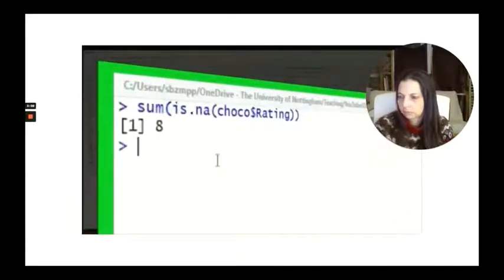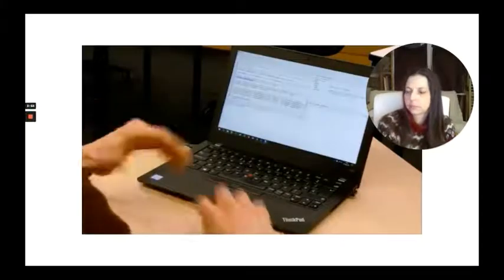So could we do the same thing for rating? If we take the sum of all the NA values in rating, it's 8. Right, so there are 8 chocolate bars for which there is no rating. So what we can do is something called a stratified replacement. We could group our chocolate bars by country or by company, calculate those averages, and then fill in companies' missing ratings based on what that company actually shows in the market, rather than just